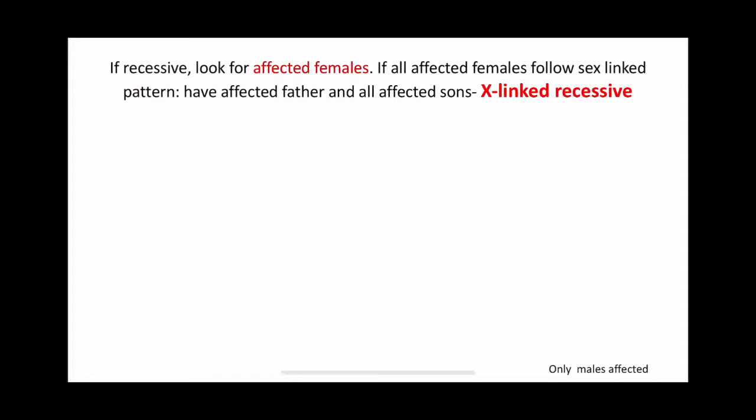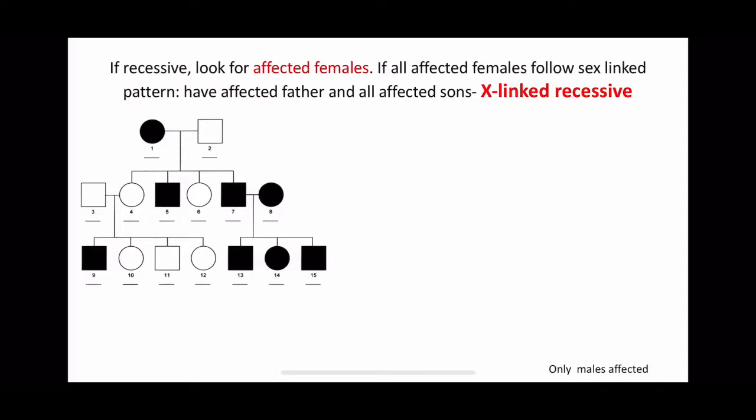So second step, if it is recessive, then you look for the affected females. Do not go anywhere else, because you have found out recessive. Now you have to decide if it's X-linked or autosomal. So you just look for the affected females, nothing else. So in this analysis, obviously the parents are unaffected, the son is affected, it's recessive. So we have to look for the affected female, the generation 1. What do we see in that?